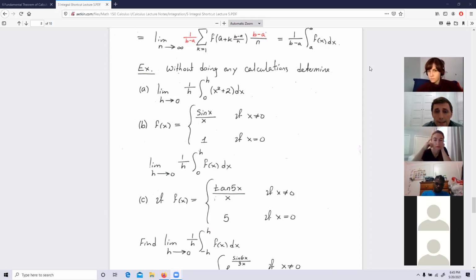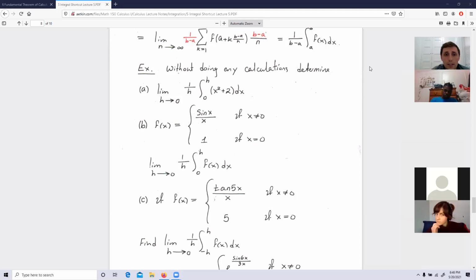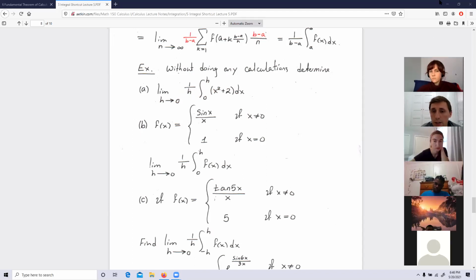Okay, guys, think about what it means. Look at this integral. Do you see that we take the limit as h goes to 0? So first of all, 1 over h times the integral from 0 to h. Do you see that the length of the interval is h minus 0, and we multiply by the reciprocal? Yes? So this represents average. And I take the limit as h goes to 0. Now what's the average if h is very short? If h is very short, all the x's are close to 0. Do you agree? Each x between 0 and h is very close to 0, which means